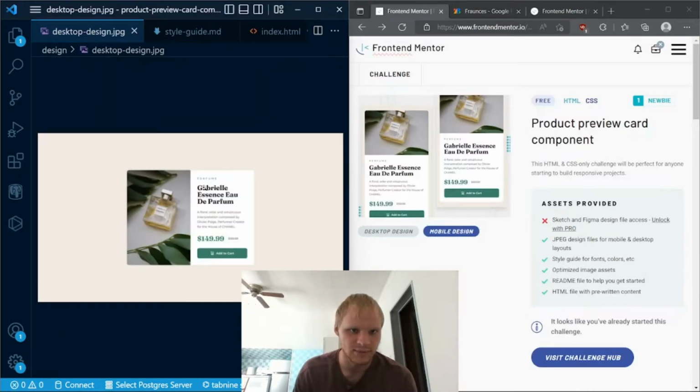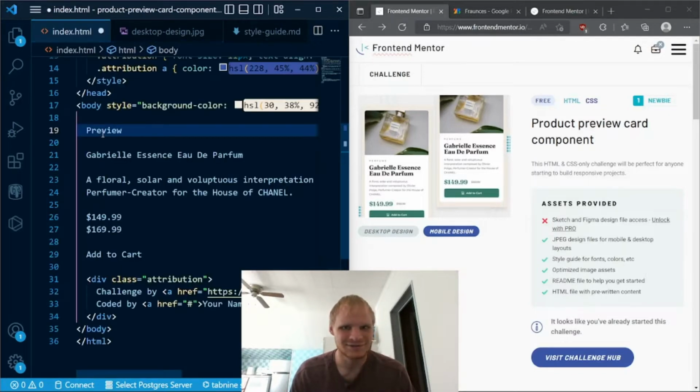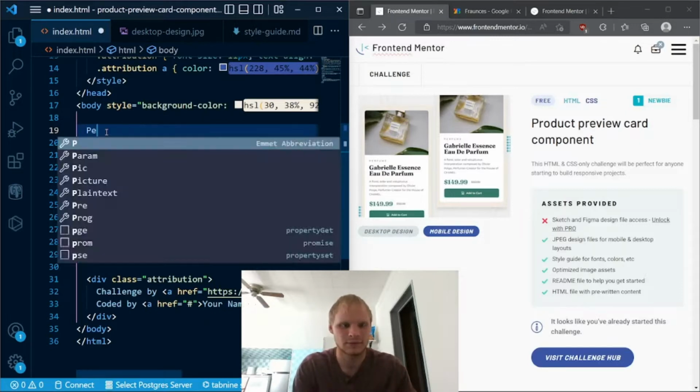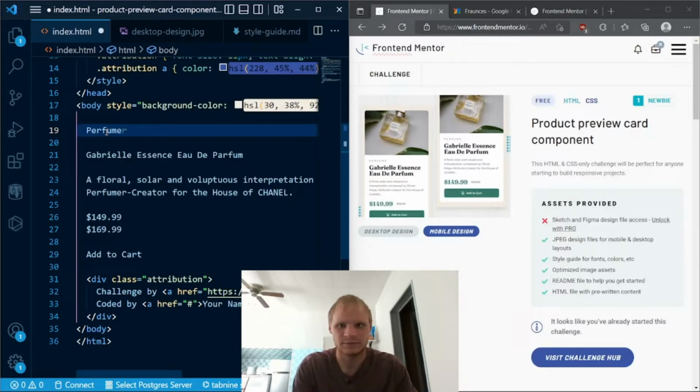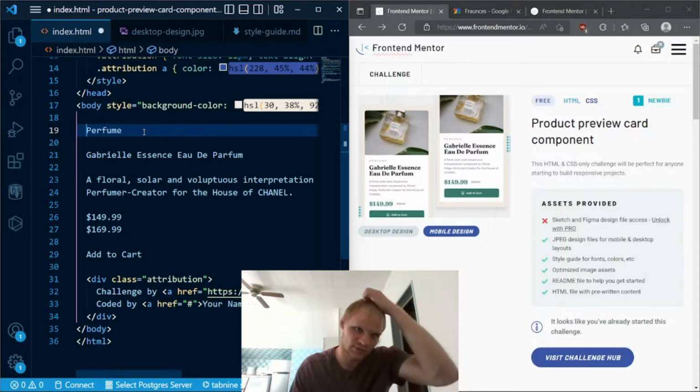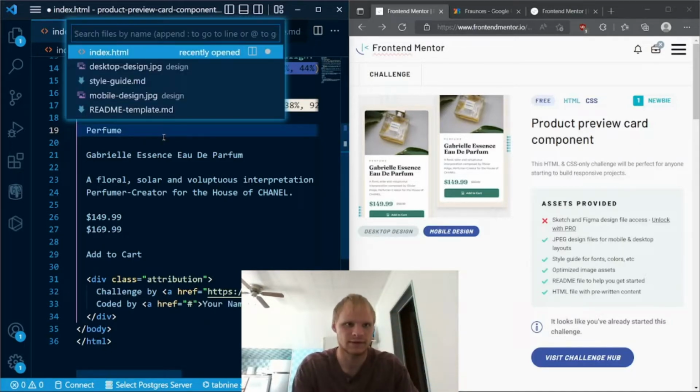Perfume on top, then Gabriel Essencio de Parfum. Okay. So preview should be perfume, should it not? Pretty sure this should say perfume. Perfume. Yeah. And that's a weird font looking thing. They also give us the pictures of like this glass here. So if I look at for that,